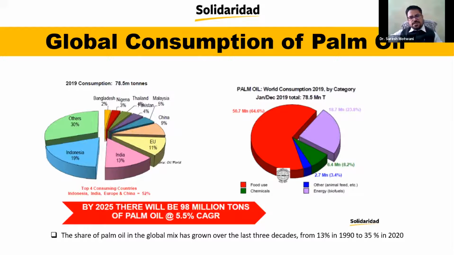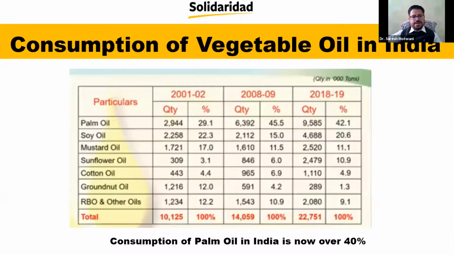Second, you can see that overall around 50% of palm oil globally is used for food purposes, in different types of food or ready-made food also. But in the case of India, we use more than 70% of the palm oil we import for food purposes. So it shows the significant impact of palm oil in the context of India.